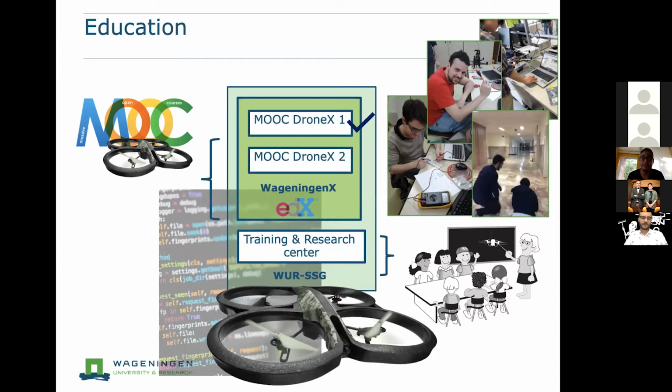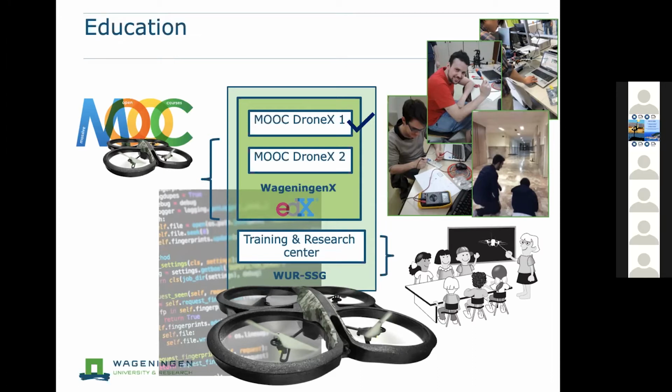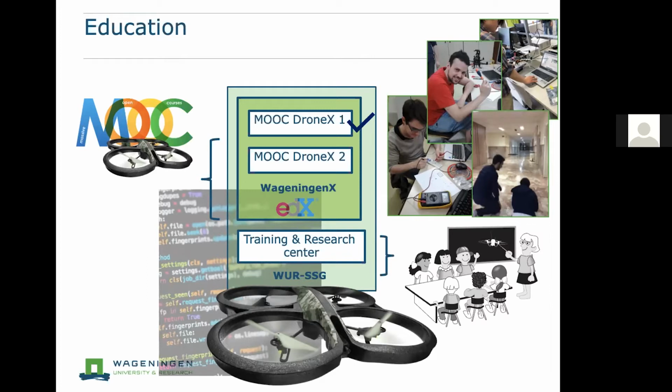I also like to develop courses where I can teach the students how to actually program a drone. The goal is to give a step forward, because right now lots of drones are still remotely piloted by experienced pilots, and what we want is to achieve a high level of autonomy.